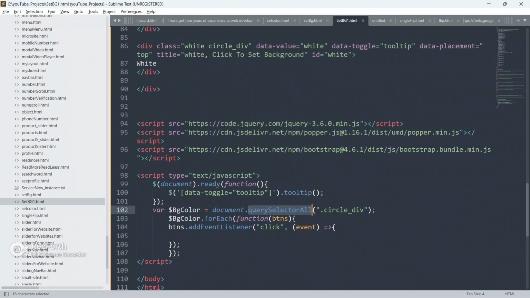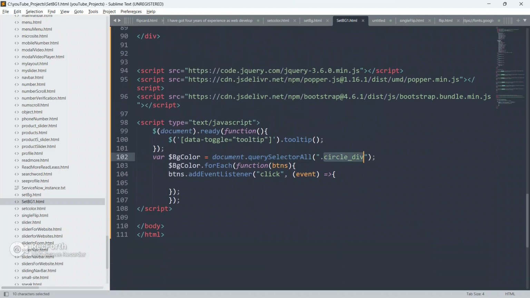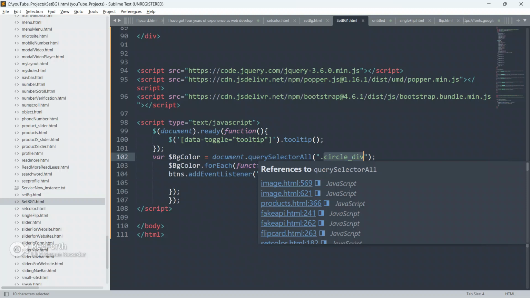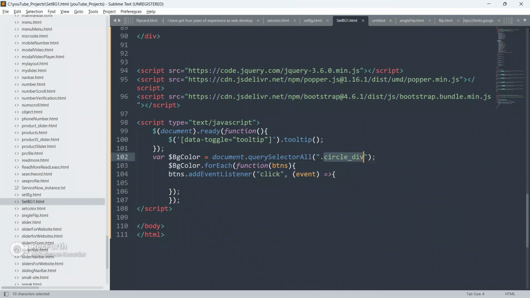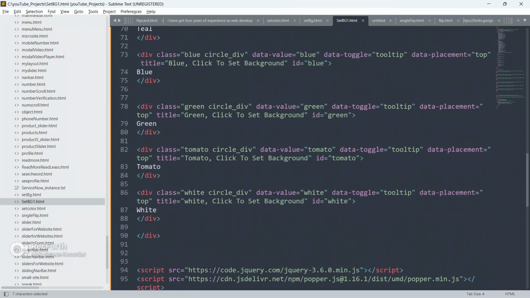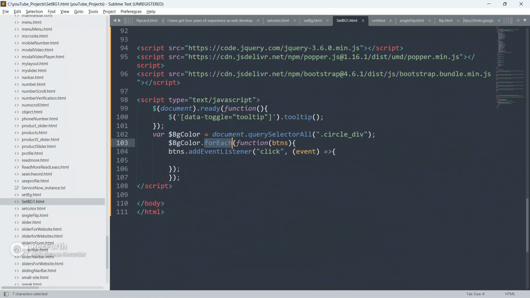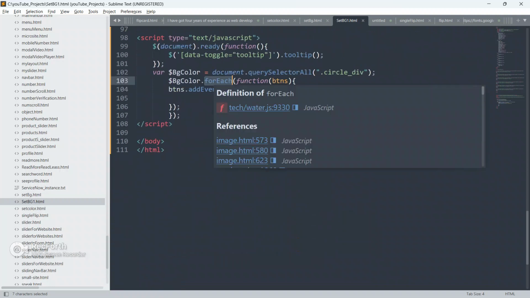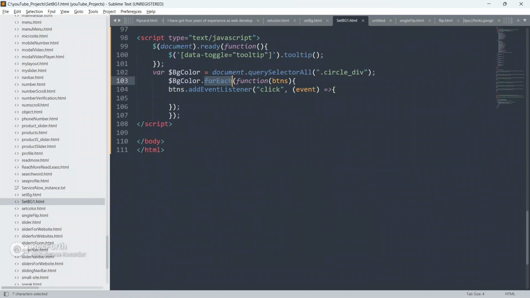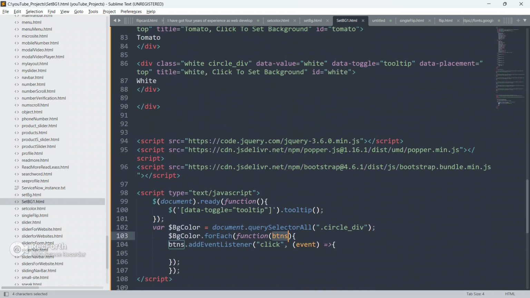So guys, here I am getting all the divs which have the class attribute circle div using document.querySelectorAll. Now on all these divs I am going to run a forEach. It will loop through all the buttons one by one. Here we have got 6 buttons, so this forEach loop will run 6 times only.